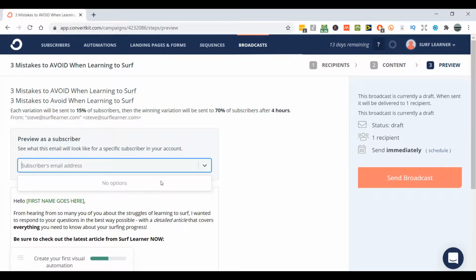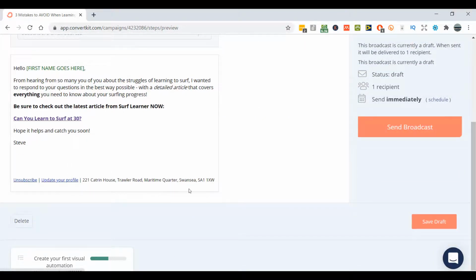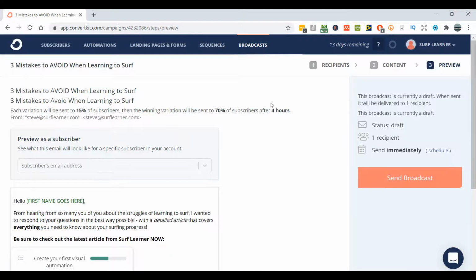Again, as I've only got myself as a subscriber at this point, it won't let me do that, but you will see a list of those. Personally, I would recommend just previewing in the previous window, unless there's a specific purpose for doing it here. And then again, we're seeing the same email, just to be sure. For some reason, it gives you the option to delete down there. Not sure why you do that at this point, but anyway, over on the right, then you get an overview